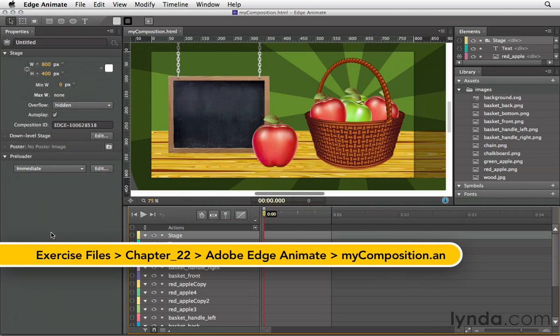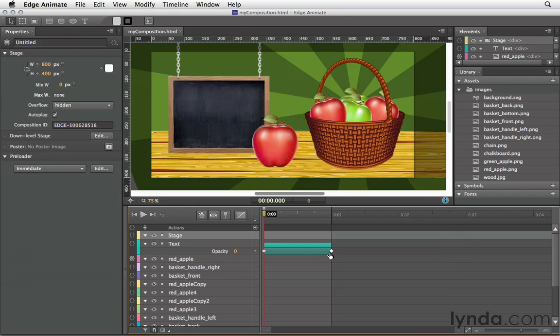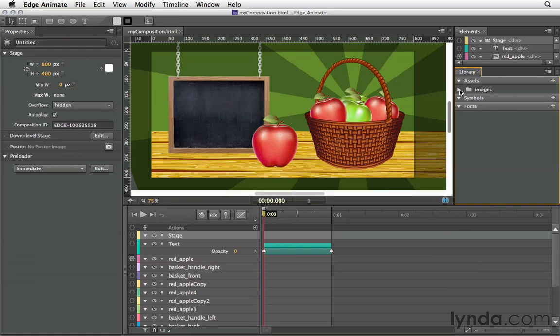In the Edge Animate environment, we have a stage that's near the top of the screen. The timeline is underneath, again showing keyframes down here along the timeline. On the right-hand side, we have our Library panel, showing us access to all of the images. In addition, we have this notion of symbols inside of Edge Animate, and we can also create web fonts inside